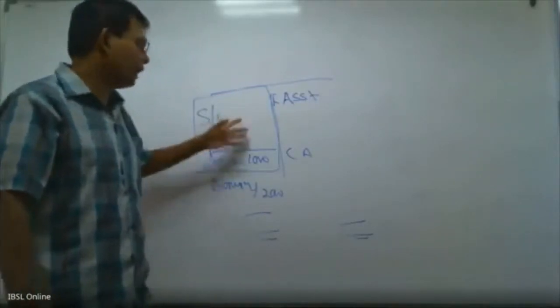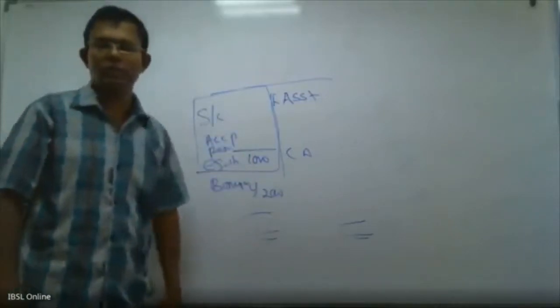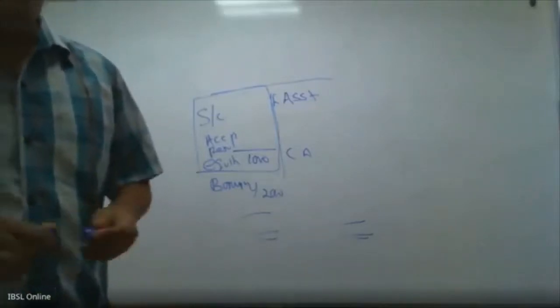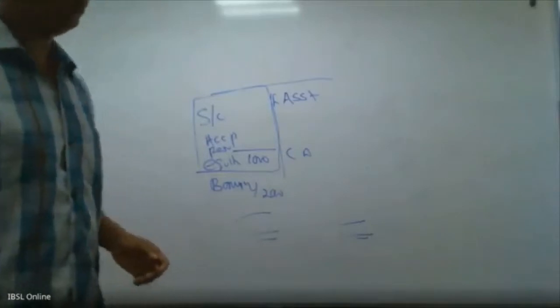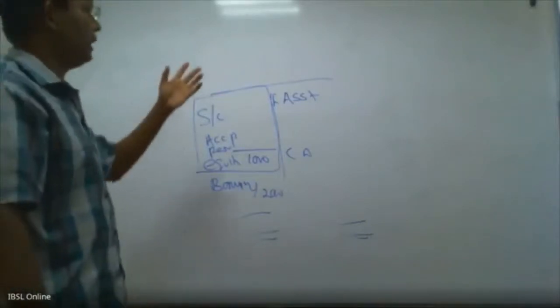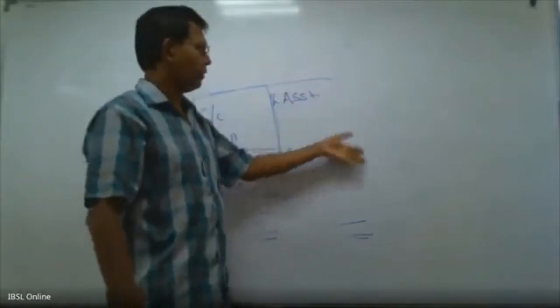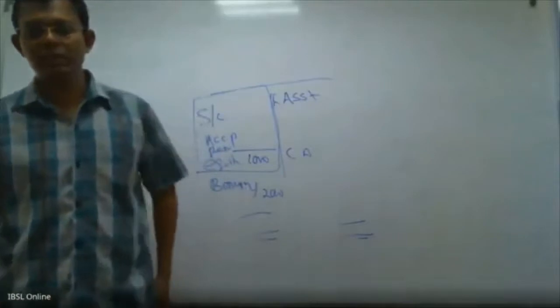By looking at the balance sheet, you can say whether this particular company is heading to financial risk or not. If it is business risk, then you will have to go to the P&L. If the sales have come down drastically, then you can say that company is heading to business risk.